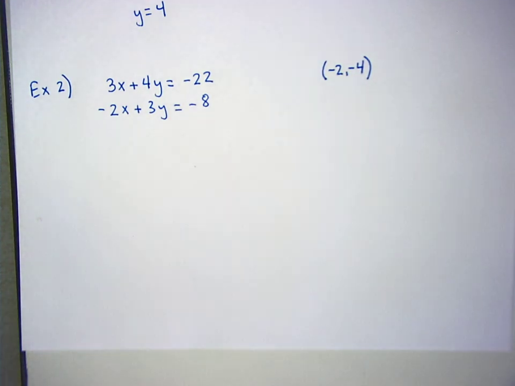Equals. And then bottom one would be plus 6x plus 9y equals